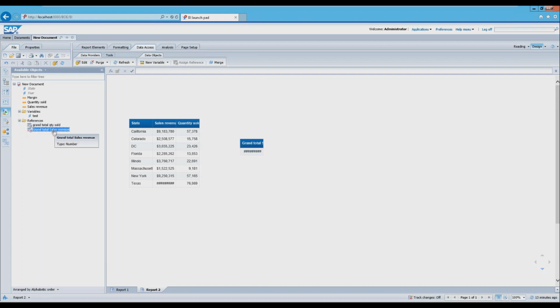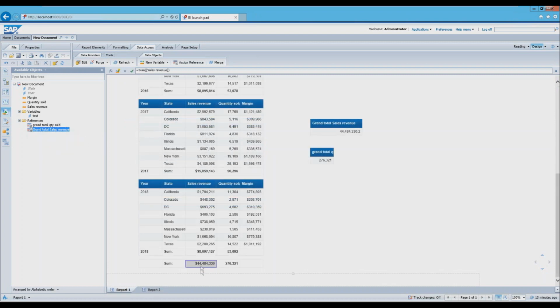Now, here's an interesting thing. You say, well, where did it come from? What are its roots? If you do a right click on it, you can say, show me the reference cell. It takes you back to the report tab to the specific cell to see exactly where it is. This is an awesome feature. And before you ask that inevitable question that I know you're going to ask, if I were to filter these and this shifted up, that grand total cell will not lose its position. It will still pull from that same value. It might be smaller because you might have applied a local filter, but it will still reflect accurate data